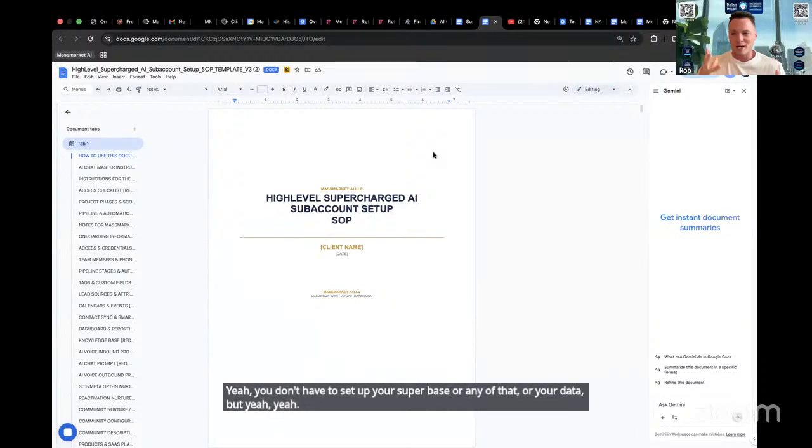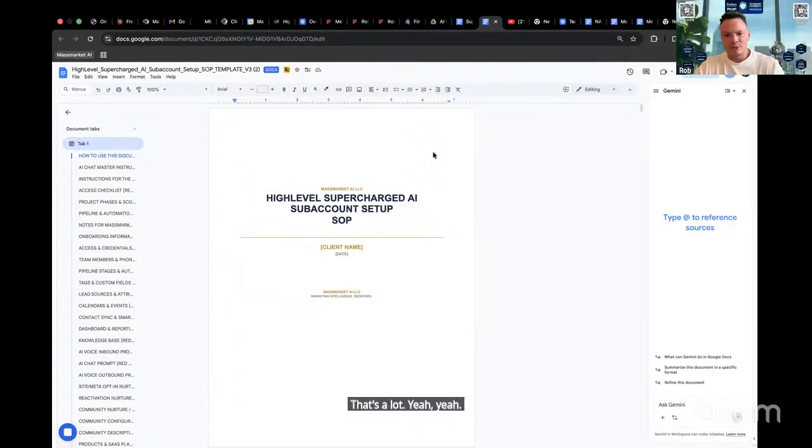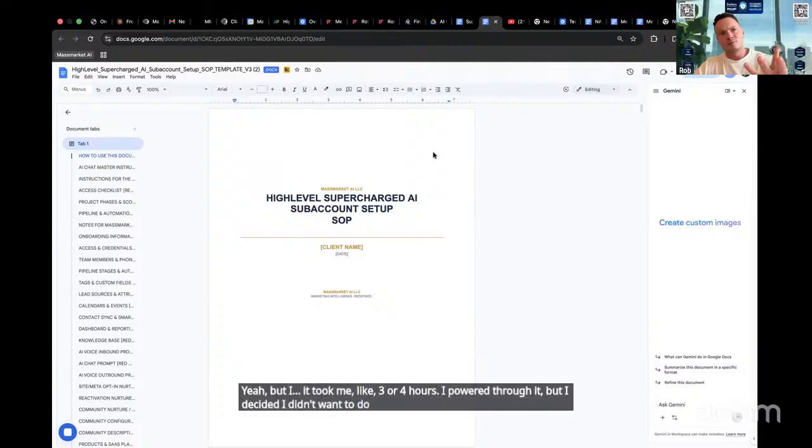Setting up the SQL and Supabase, I don't even know what I was doing last night. It took me like 3 or 4 hours. I powered through it, but I decided I didn't want to do Lovable because it's really important to me that